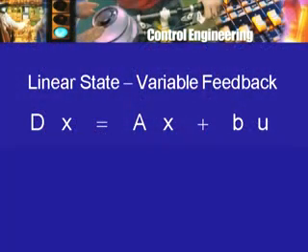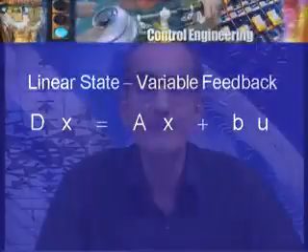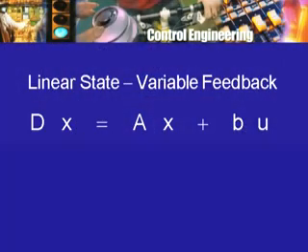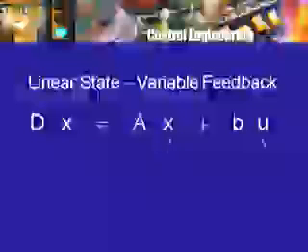dx is equal to Ax plus Bu, and let us say for the moment we leave aside y, we look at the full state vector x. Let us say we are interested in each and every component of the state vector x. Now, as I said just now, if you look at the response, that is the solution of this, then it can be split into several parts, one which depends on the initial values of x and the other which depends on the input. Now, if you look at the solution, the part of the solution which depends only on the initial values of x, then that will consist of exponentials whose exponents are the characteristic values or the eigenvalues